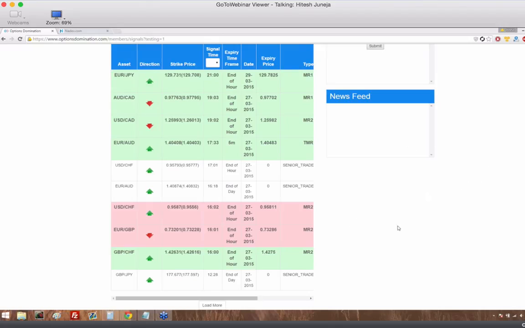The other thing is, I saw a few people ask, what does Chip mean by the underlying? By underlying, he means the underlying market. So when we take a trade saying that Euro JPY will be above this strike price, when we enter that trade, the underlying asset is Euro JPY. That's basically what he's talking about. So when I was talking about the analysis of Euro JPY in the market, we're talking about the exact same thing.